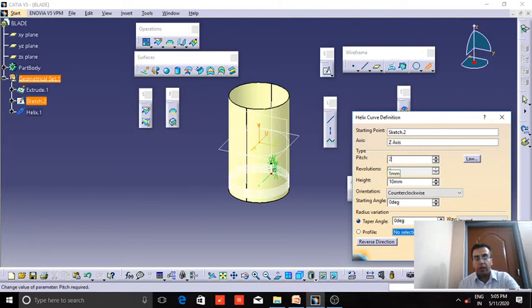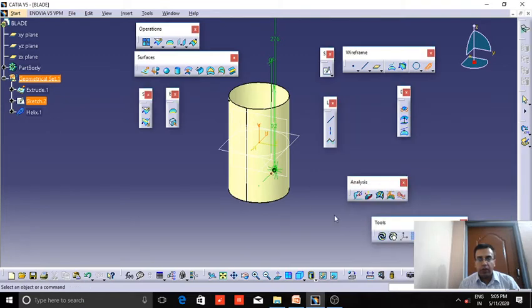Here the pitch is being 276 mm. That is the distance between the two members in the helix curve, and the height is 92. And okay, so here we can see that this is the helix curve created here.